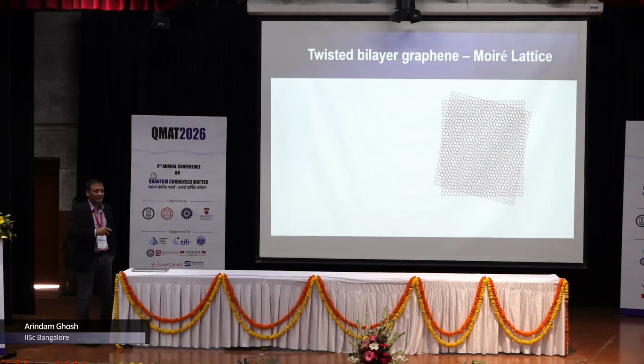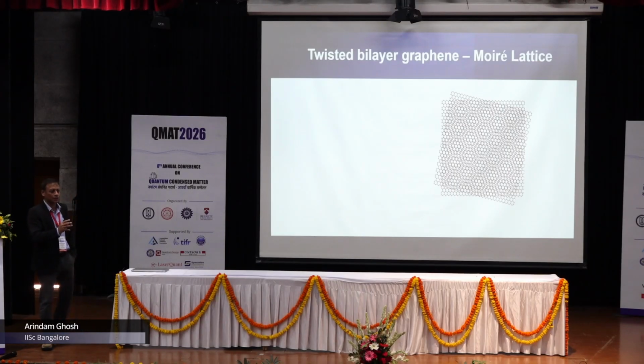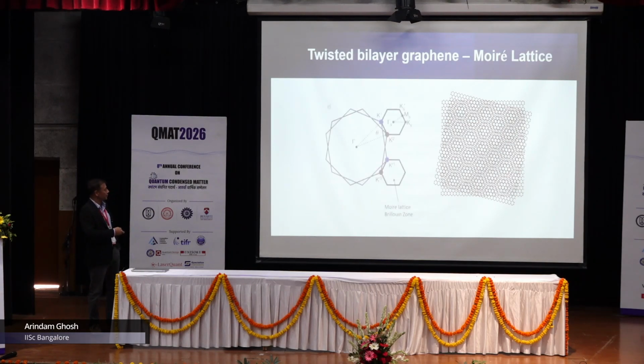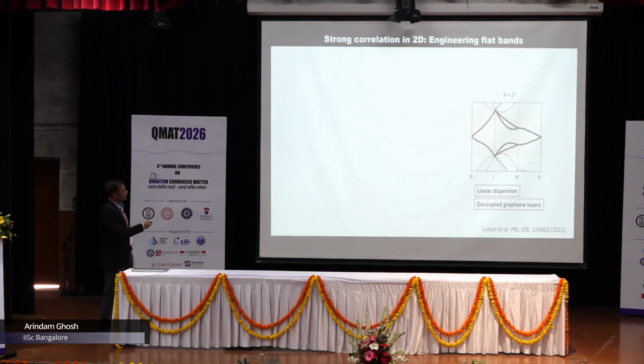Okay, and then came 2018 and the Moire lattice starts coming in. And this is where it took the entire community by storm. And for example, why am I bothered? Because now by putting one layer of graphene on top, I can engineer the Brillouin zone. The effective Brillouin zone becomes smaller. The bands start repelling each other. And if I take the two graphene layers at an angle of, say, 2 degrees,